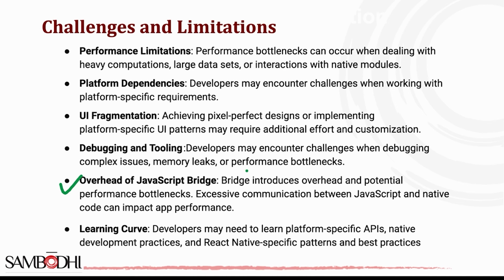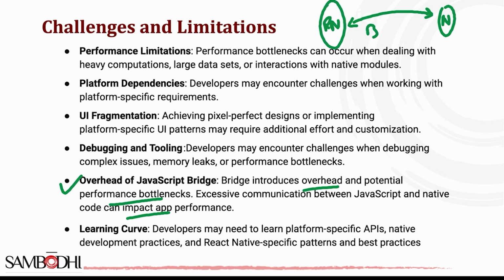Then there is the overhead of the JavaScript bridge in React Native. We have talked about this overhead when we were talking about the bridge limitations and the new architecture. This bridge introduces overhead and potential performance bottlenecks. Excessive communication between JavaScript and native code can impact the app performance. There is continuous communication between React Native and the native side, so if there is too much of this going on, this bridge